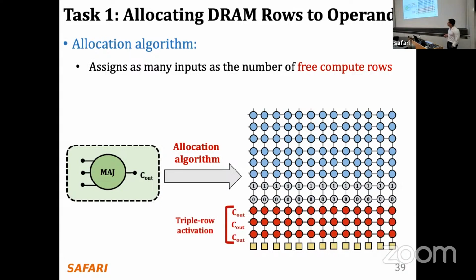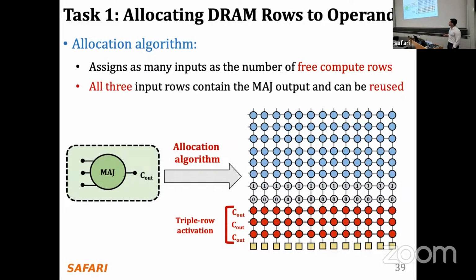The second thing that we do is that since after the triple row activation, the 3 DRAM rows are going to have a copy of the data, we are going to use this property so that if in the following computation I need one of those inputs, I'm going to use any one of those 3 as the input for the following computation. Basically, this relaxes the allocation a little bit, because instead of having only one register with the output of my previous computation, now I have 3 registers available, and I can use any one of those 3, whichever is more convenient for the allocation.